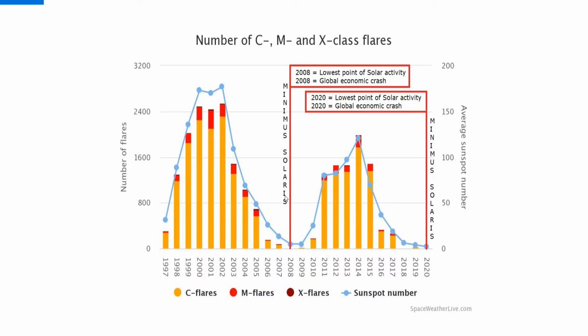This was a Minimus Solaris period, as you guys can see here, decreasing solar activity, which means lower sunspots. And so here, 2008, lowest point of solar activity. 2008, global economic crash. Okay, and then we had the next cycle, that was cycle 24, which was amazing, big gains for almost everything, right? And then what we had here in 2020,